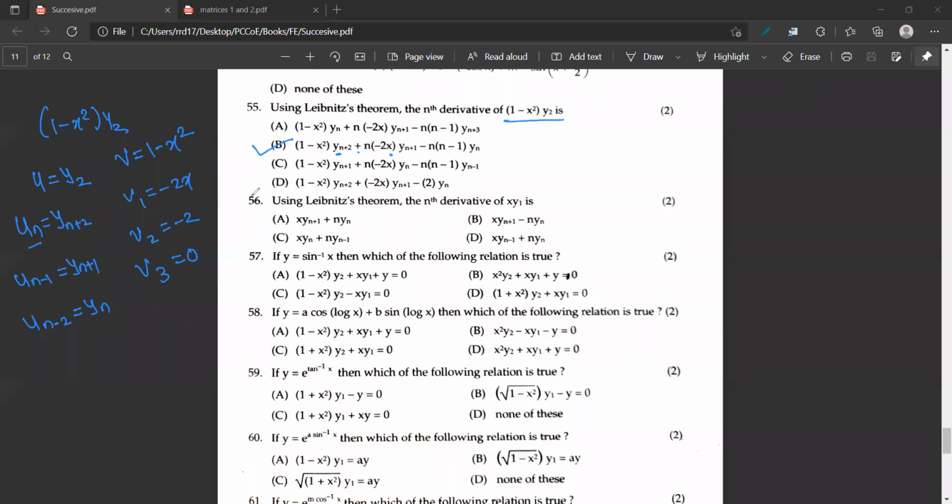Okay, yeah, so that is the hint, that is the idea. I have explained many examples, and at least you got somewhat of an idea of the Leibniz theorem and also some of the MCQs. Now I'm going to share this file with you. You try to solve them, and if you have any difficulties you can ask me at 10 a.m. tomorrow. If you want an extra lecture, if you want to clarify doubts from this PDF, just message me. The CR can message me and I will clear your doubts at 10 o'clock.